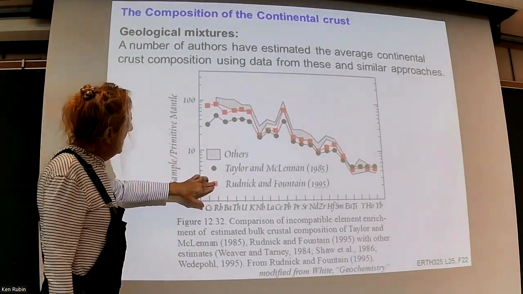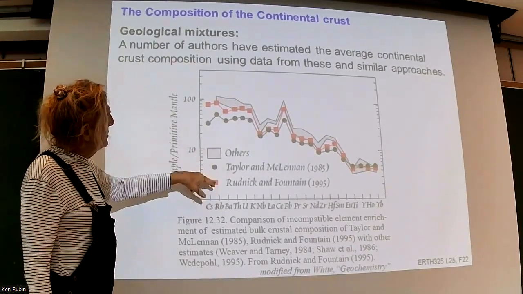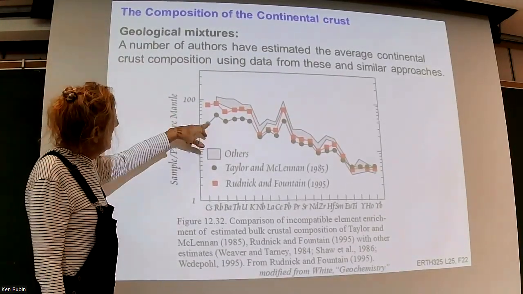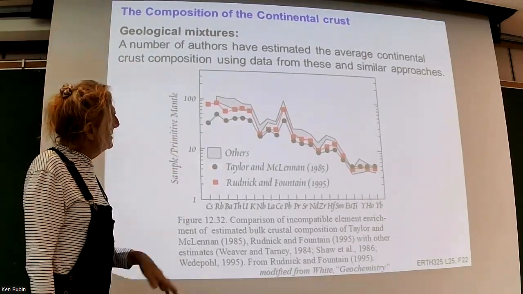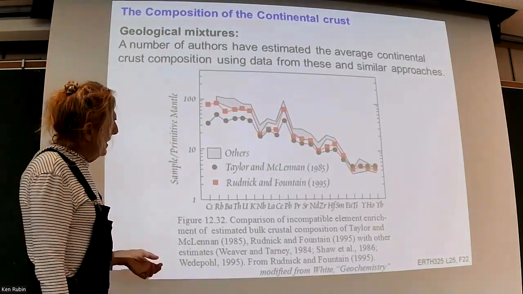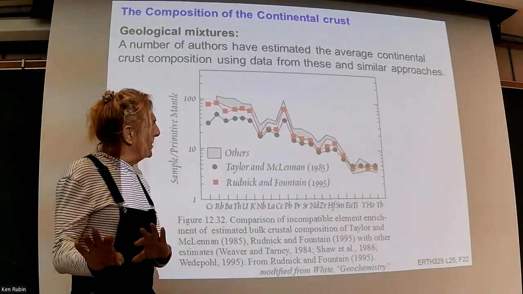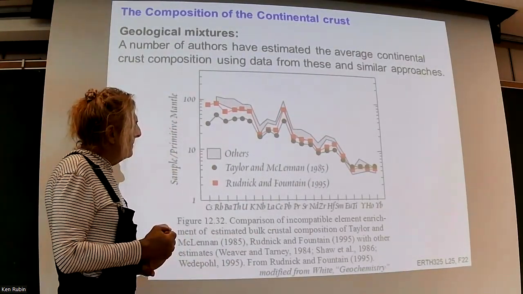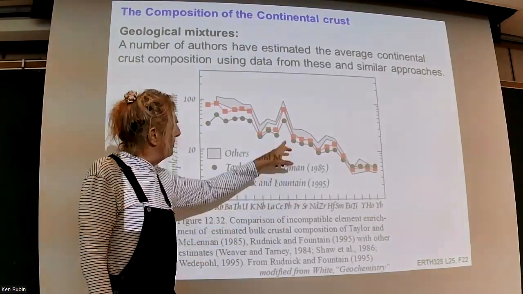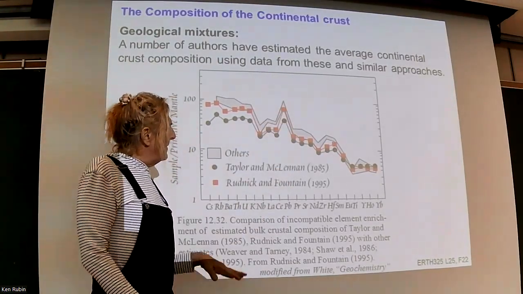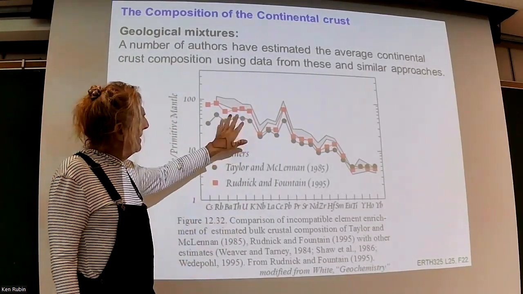Like these guys in red or brick colored, as well as others in the literature, reevaluated and said, yeah, we think these very lightest rare earth elements are a little bit higher than Taylor and McLennan said. We all see a europium anomaly. We see a cerium anomaly, which is something we will talk about later. It's another rare earth element that has a slightly different oxidation state. There's a big spike at lead. There are some features on here that we will talk about when we talk about the igneous processes that form this